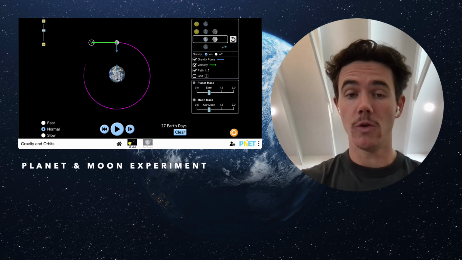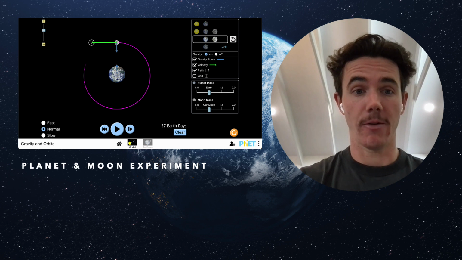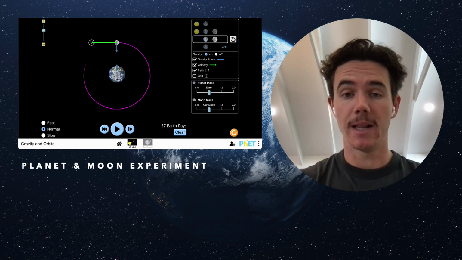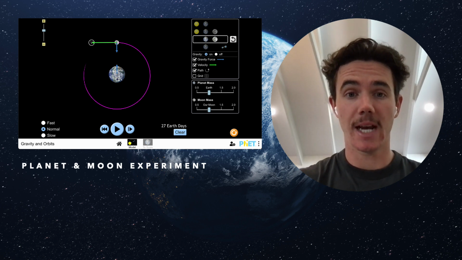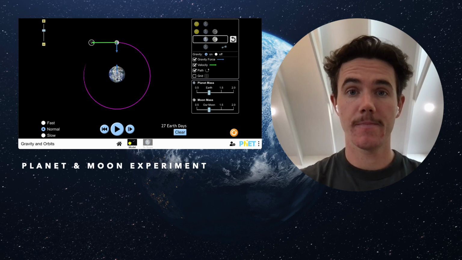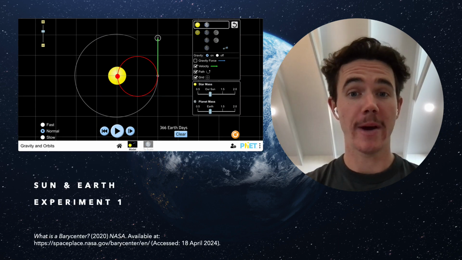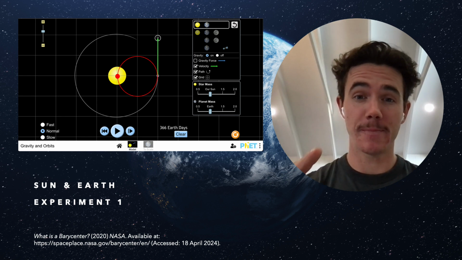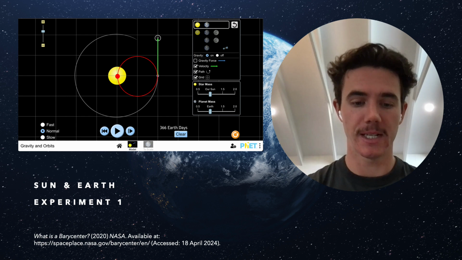Now, in this orbit that you can see, the 27 Earth day orbit, as the Moon rotates the Earth in an ellipse, you can see that the Earth does move. It wobbles slightly as the Moon orbits. Now, to go back to our first experiments for the first part of this assignment, first we're going to look at experiment number 1, and we're going to be looking at where the center of mass exists for this particular